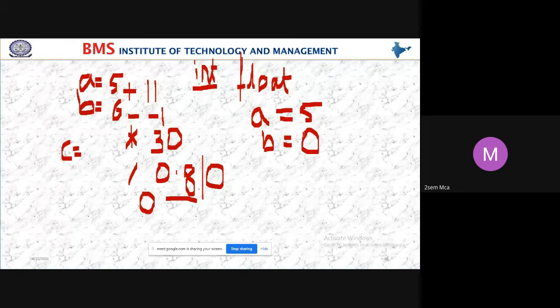What happens here, students, if I take a is equal to 5 and b is equal to 0? If you are adding these two numbers, then the output will be 5. If you are subtracting, then the output will be 5. Multiplication, the output will be 0. But can you divide a number by 0, students? No, you cannot divide a number by 0.